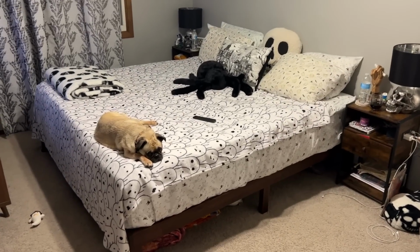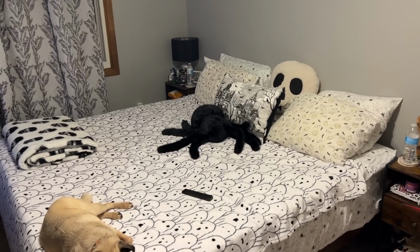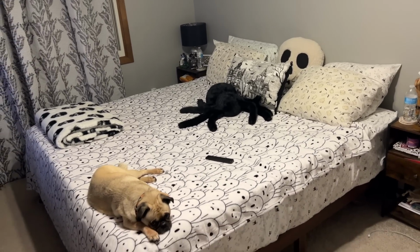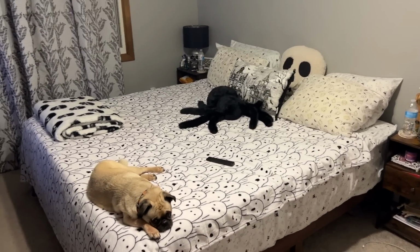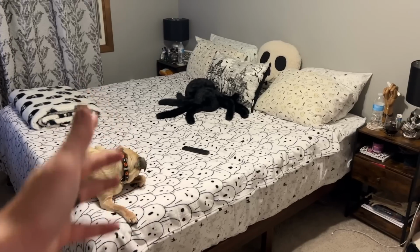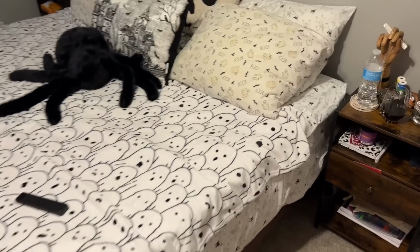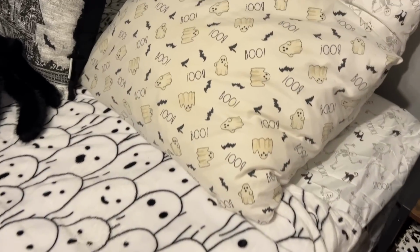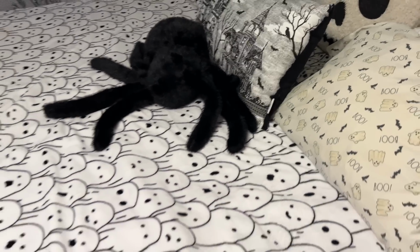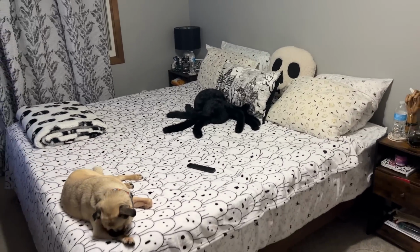Okay, we have finished decorating the bed now and setting up all the sheets and putting on all the pillows, and I'm out of breath. This is what I meant by the creatures that live there. Ghosts and skeletons, and I guess spiders and even black cats and bats are the creatures that live in the haunted house. When I was thinking up the theme for this room, I was really thinking ghosts and skeletons